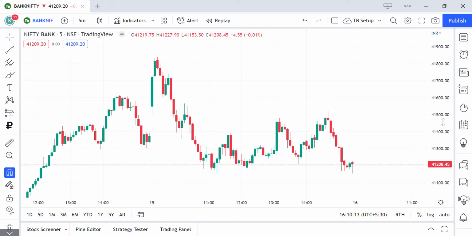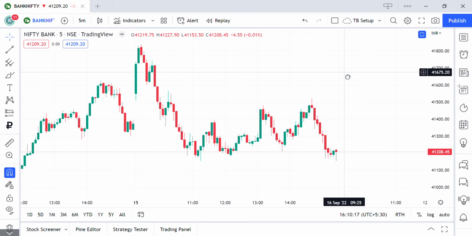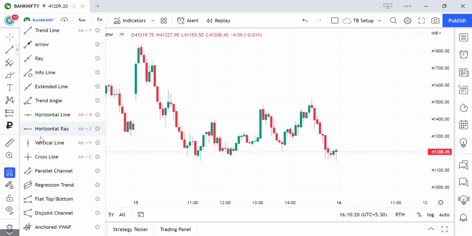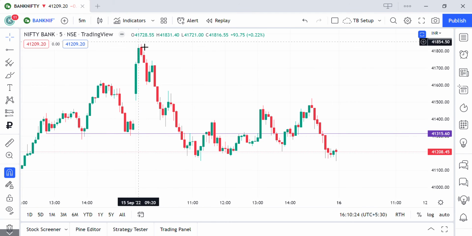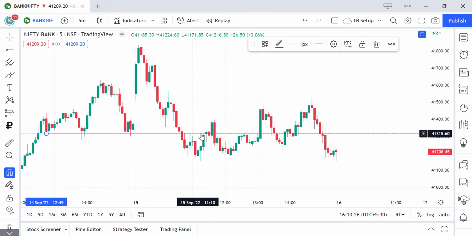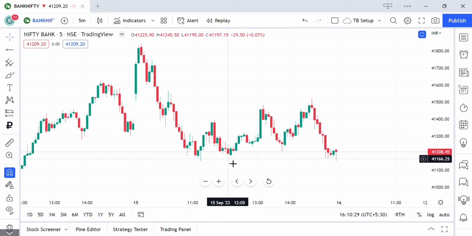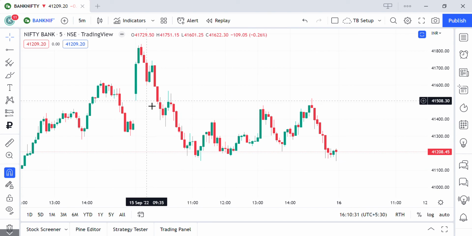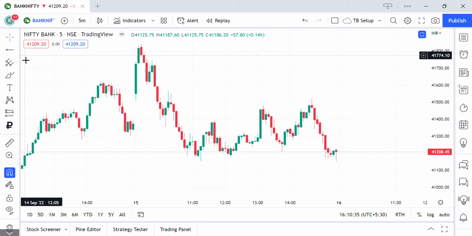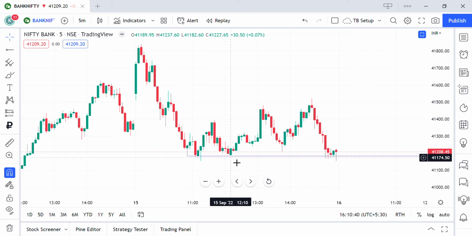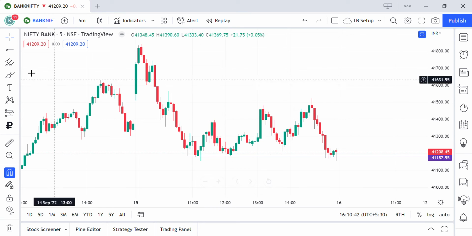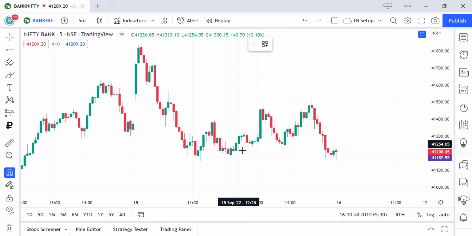This is Bank Nifty's chart of 15th September 2022. Price has broken down the major low that was created yesterday, which means the sellers from this zone are dominant. The market has gone sideways with slight momentum towards the upside, but let us see how we can trade this. So when market reaches this level, price is testing this level once again. When price tests this level, which is the normal demand zone, what we can do is